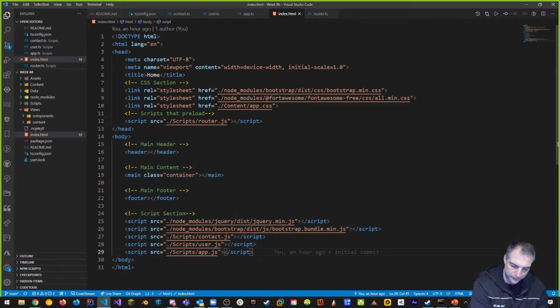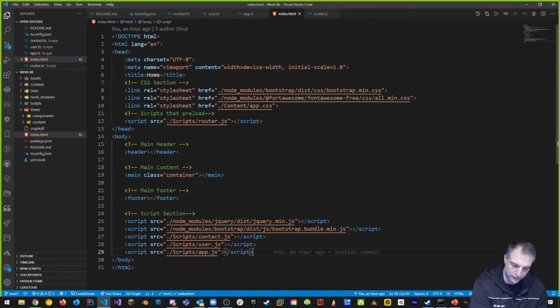For example, our app.js depends on the page being loaded to some degree, so this is where we want our app.js to be loaded, down here. Same thing with jQuery, as an example, and Bootstrap. Bootstrap is going to apply changes to the page. jQuery is going to work on the page. Theoretically though, jQuery can also be loaded inside the header because it's a library and it doesn't depend on the page load whatsoever.